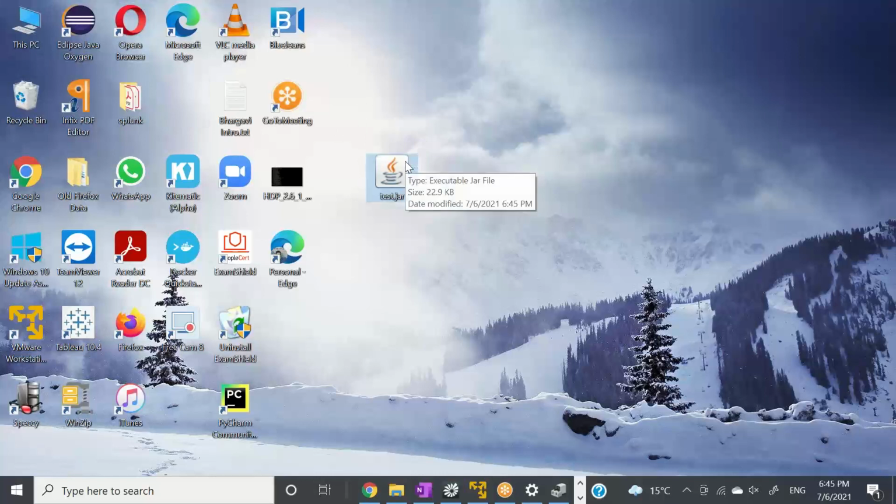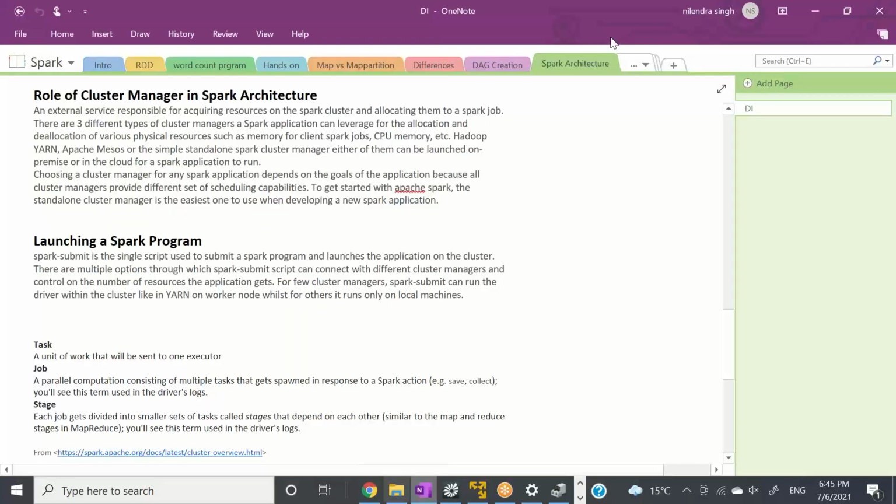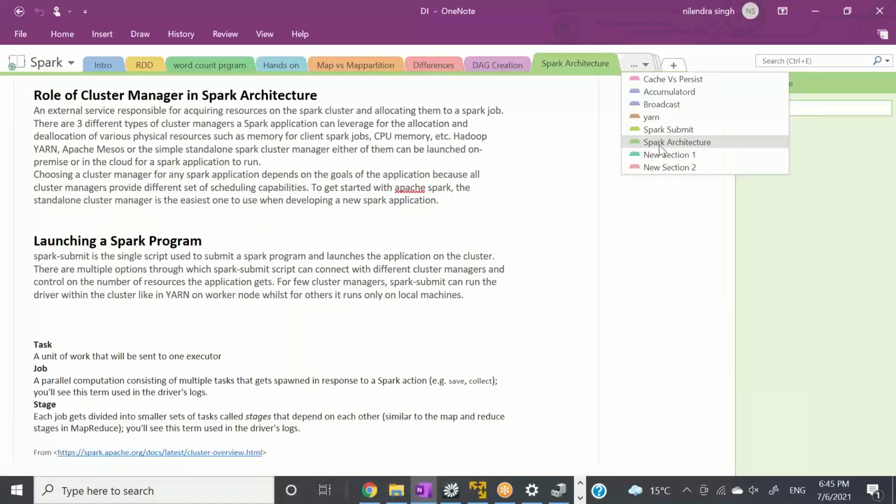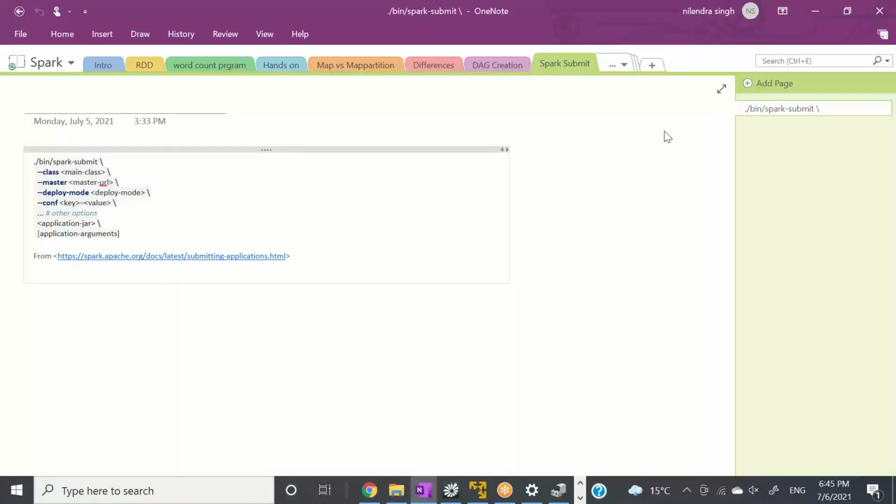So now to run this jar file on the Spark cluster, we need to copy this jar file onto the Spark cluster. I'll show you later. But how to run this, right? We need to run a command called Spark submit. It's a very, very simple command. In our case, on the command shell, we will write spark-submit, right? So this is what we need to write.